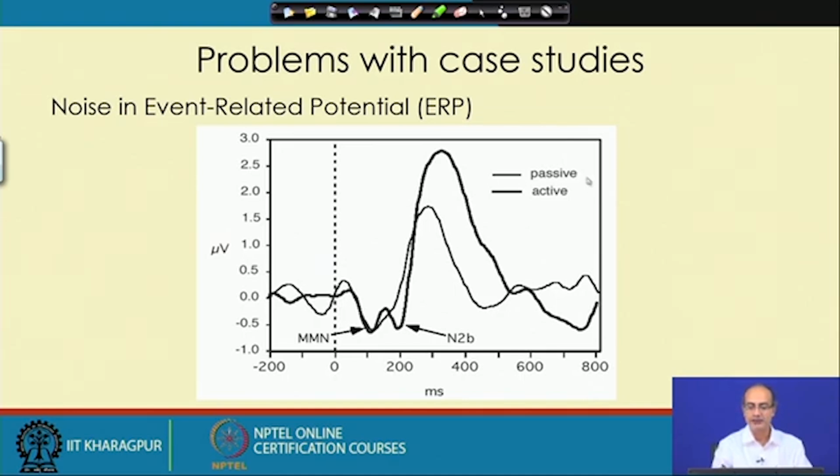The passive one here is the curve with lower magnitude, this one is passive. Okay. Now, the active one is the one drawn in a thicker line. Now, the difference between these two is that these signals are EEG signals, and in EEG